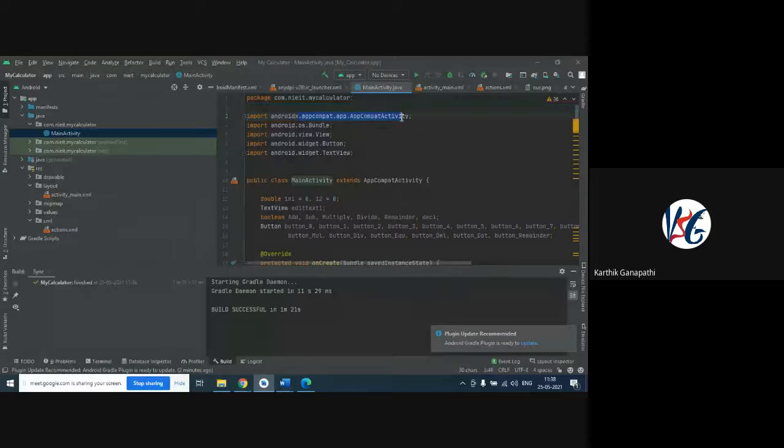This Android X app compact is something like the activity, the layout screen activity. It is going to support some extra features which are not provided in the previous versions of Android, that is version 28 or 26 or 27.